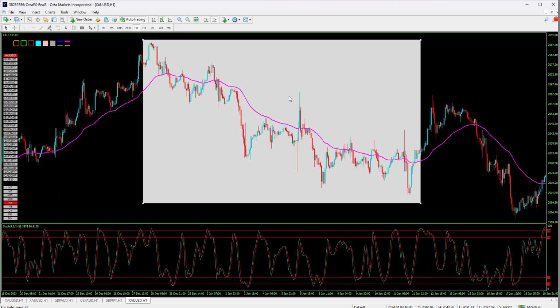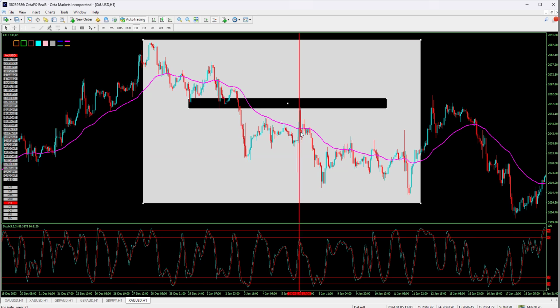So what you're supposed to do first, you can see here, we have a break of structure, right? The moment you have a break of structure, what you are going to wait for is the retest. Break of structure, you wait for the retest. So the retest is at this point right here. That's the first retest. And then we have another retest, which is at this point right here, but this one